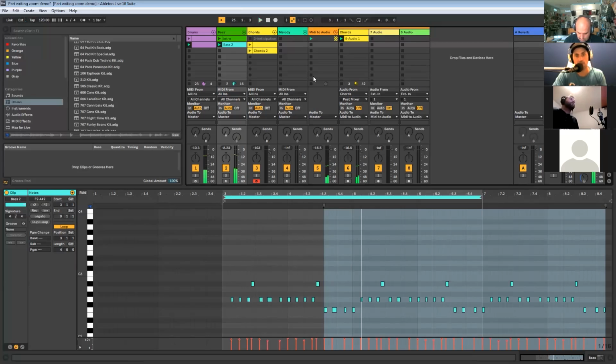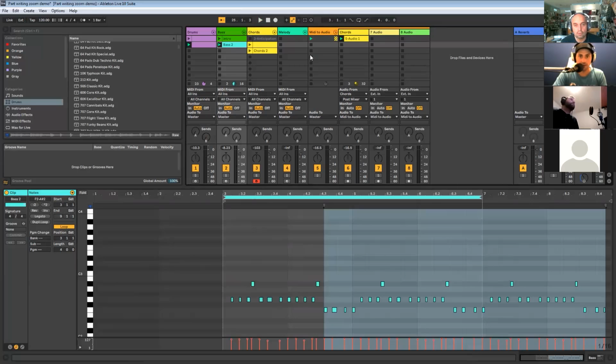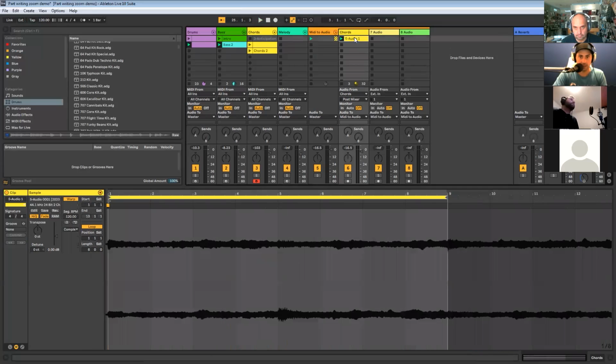So that's my drums, that's my bass, and then here's my chords. And like I said, this is an audio track version of my MIDI chords, just because when I started adding a couple more voices, it was taking up some juice. So the final one that I didn't really do